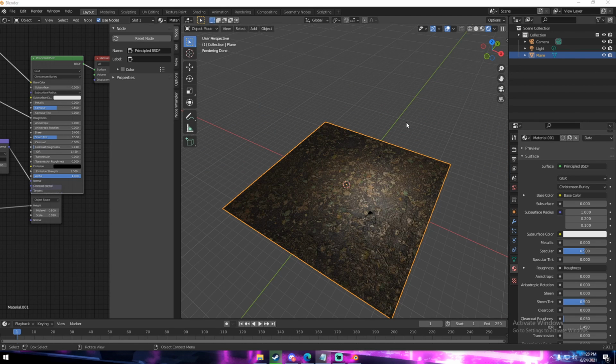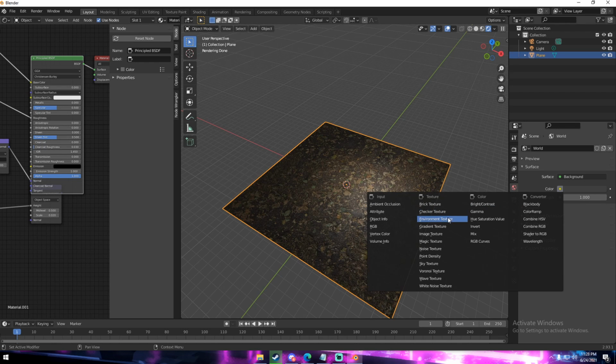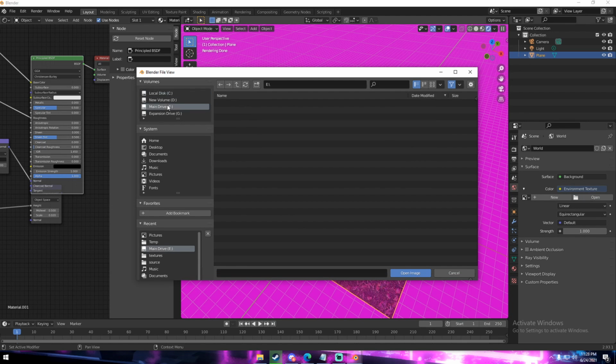Next thing is HDRIs. So HDRIs fall into our lighting category from the beginning, but I wanted to explain them separately because they work a little bit different than every other light. So to get an HDRI in Blender, you just would go to something like hdrihaven.com, download an HDRI to your computer, and then go over to the world settings under this color node, click this, and then change it to environment texture, and then just open whatever